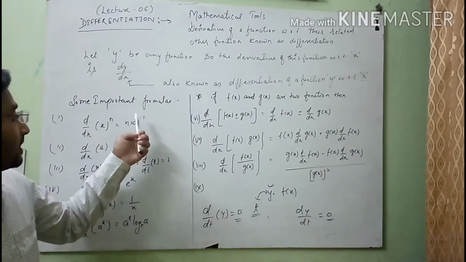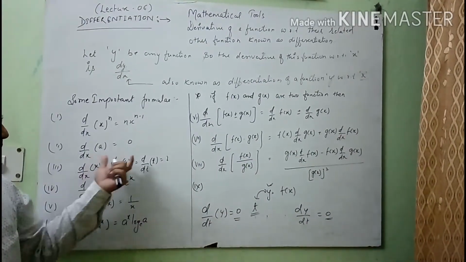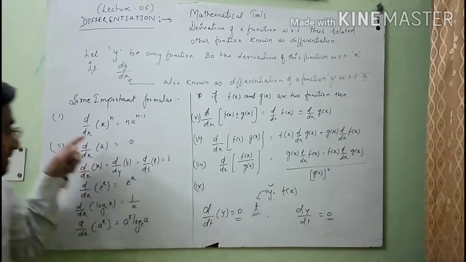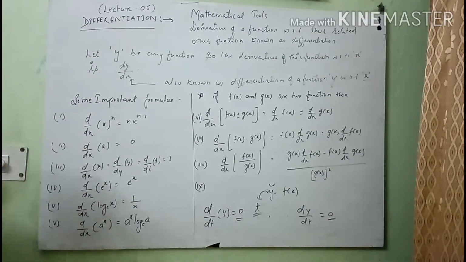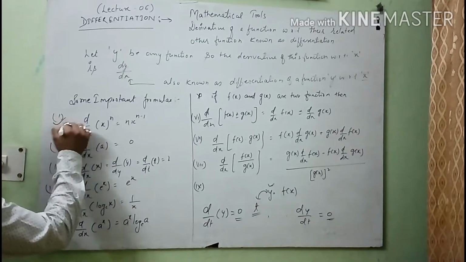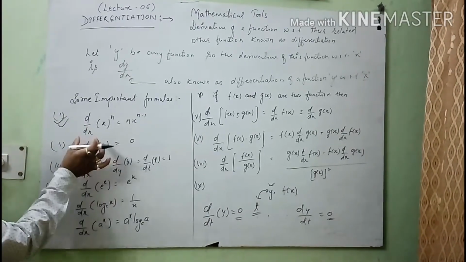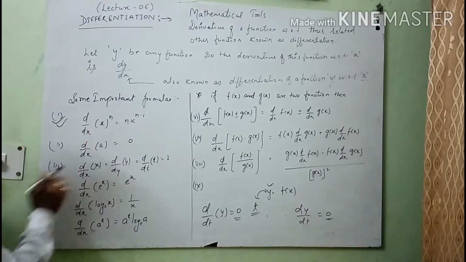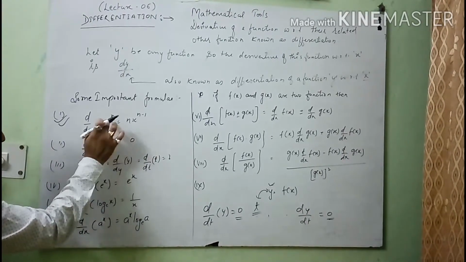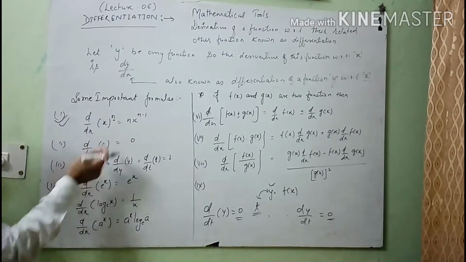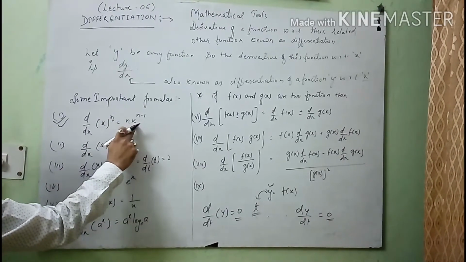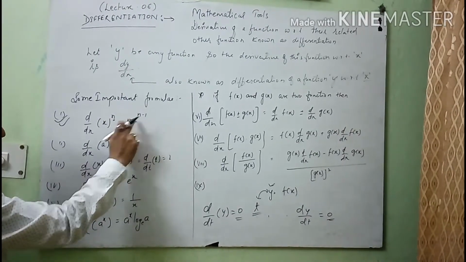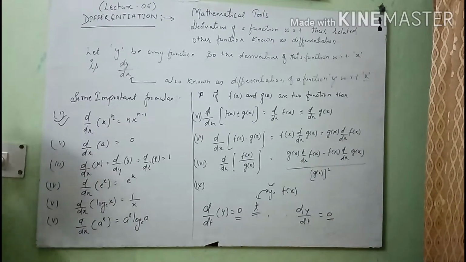Student, here I have written some formulas for you related to differentiation. See here, this is the first important formula for you. This will come in your next chapters. The differentiation dy dx of x raised to the power n: the formula for that is n, this power comes in front, then x, then one less than the power, meaning n x^(n-1).